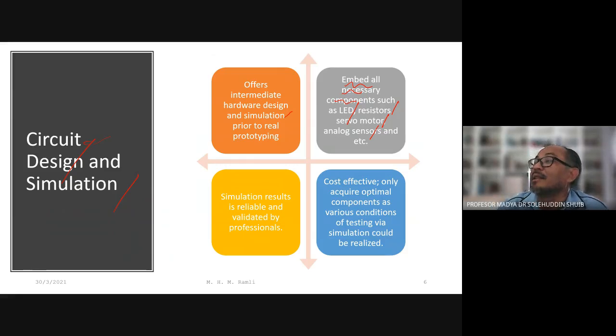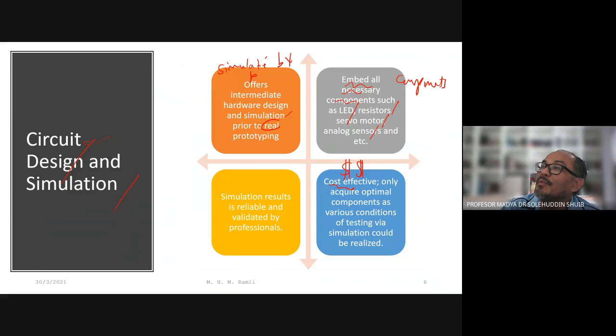And another thing, in terms of cost, we have different components. What I try to say here is you can simulate it